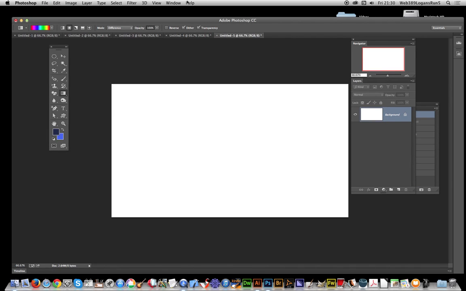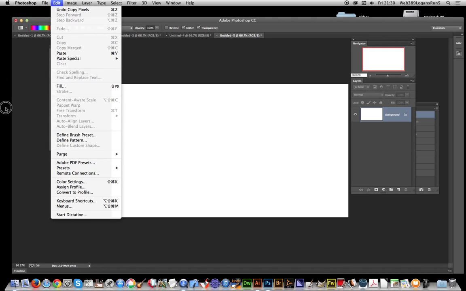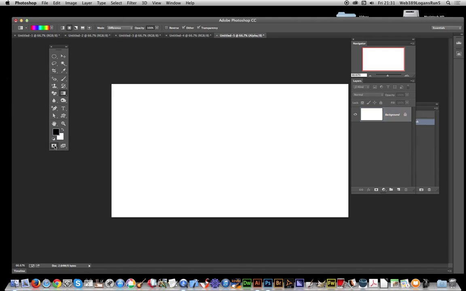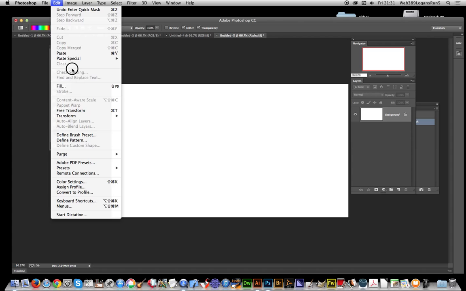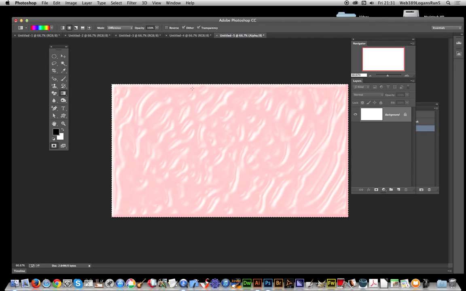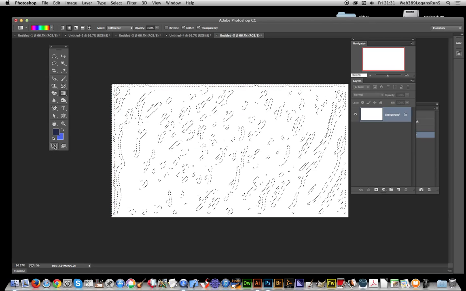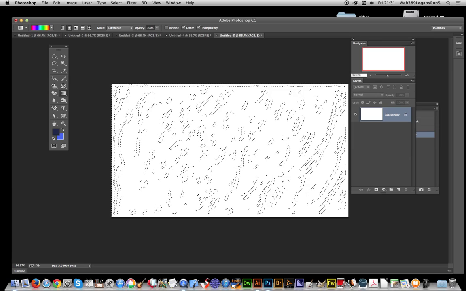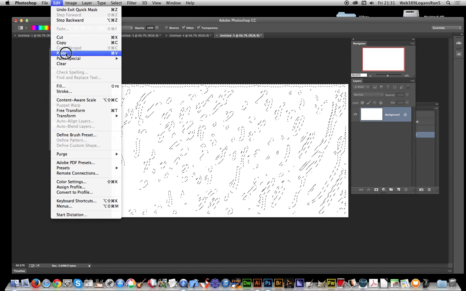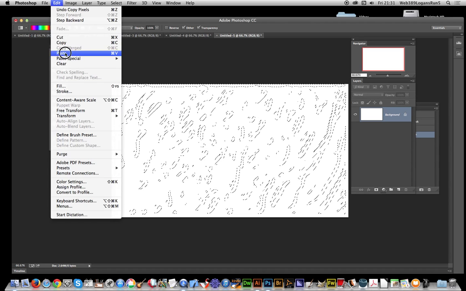I'm going to do a similar sort of thing again, but I'm just going to go to quick mask mode again, and I'm going to paste that in. And now come out of that, and you've got another selection here, which has got even more unusual gel-like grain. So I'm just going to now go to copy and paste,